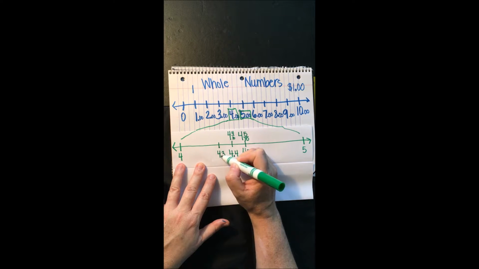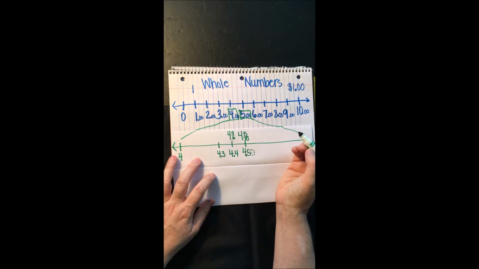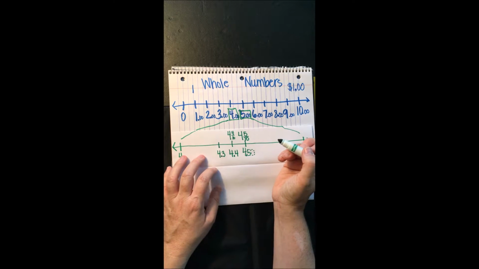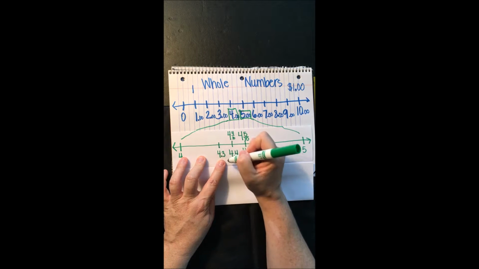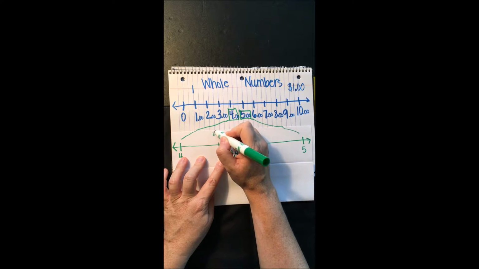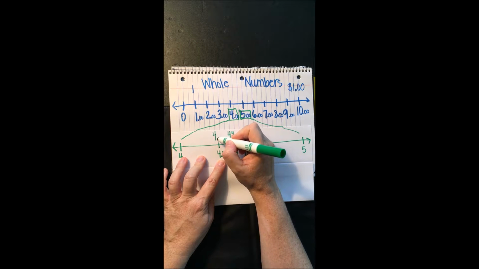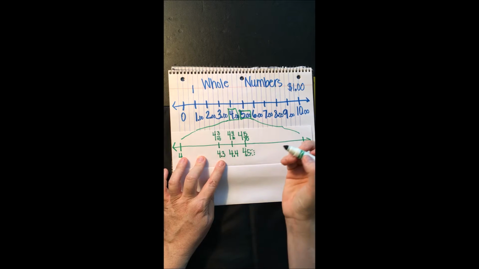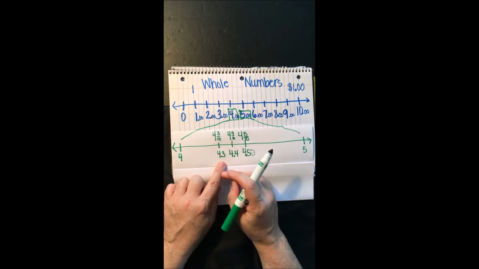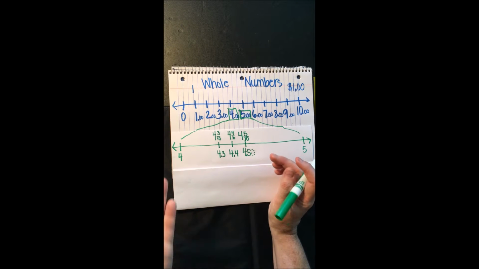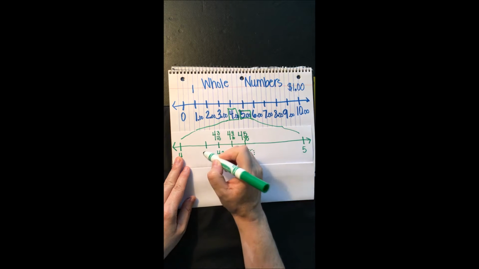$4.30, or 3 dimes, which are 3 tenths. 3 tenths of 1 whole. Again, we're going to say it and write exactly what we say. So we have 4 wholes, or 4 and 3 in the tenths place. Then again, we're going to look back at the $4.30 and say, okay, I took away another dime. So I have